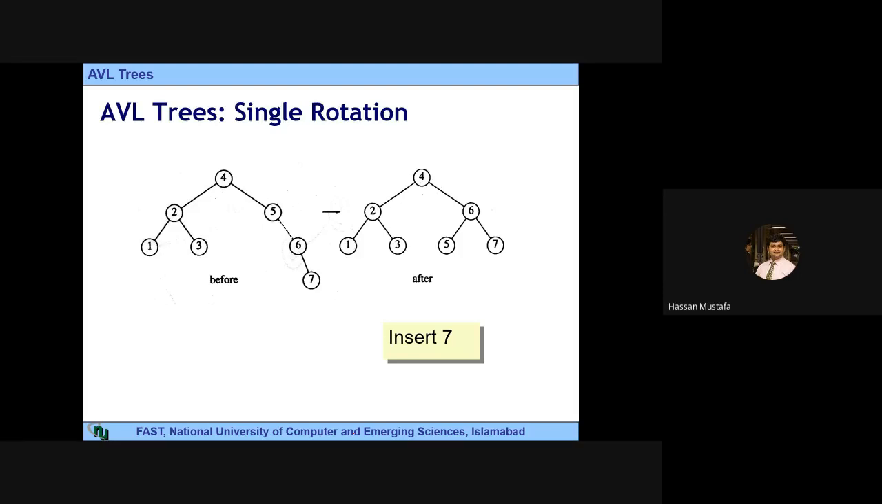Okay ji, we'll stop here for now, and we'll discuss a few more additions for double rotation cases in the next lecture। ठीक है जी, if you have any questions you can ask।